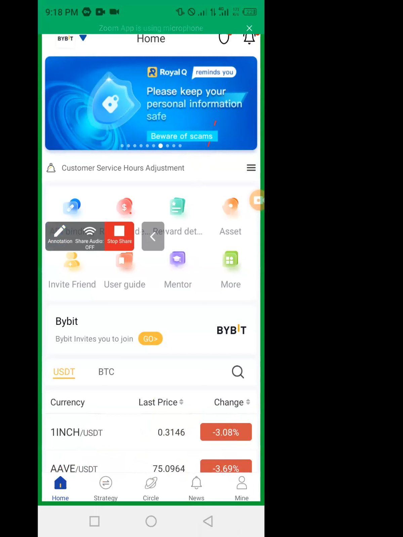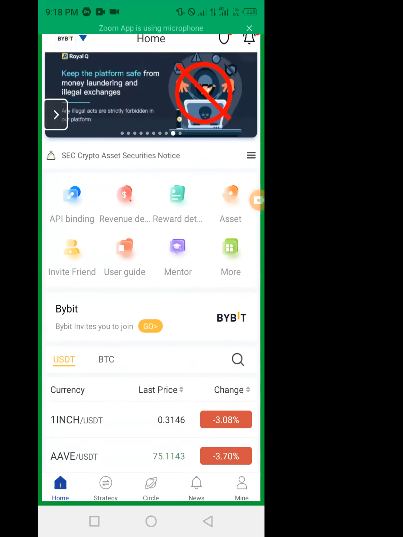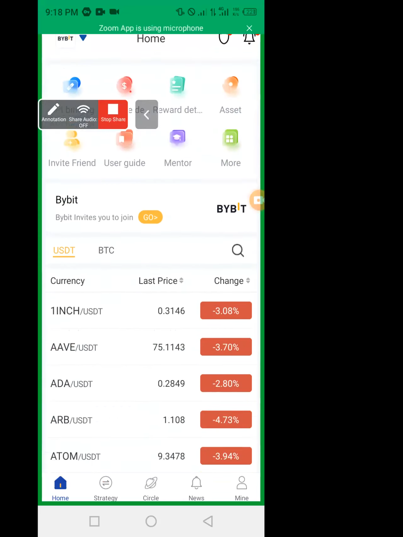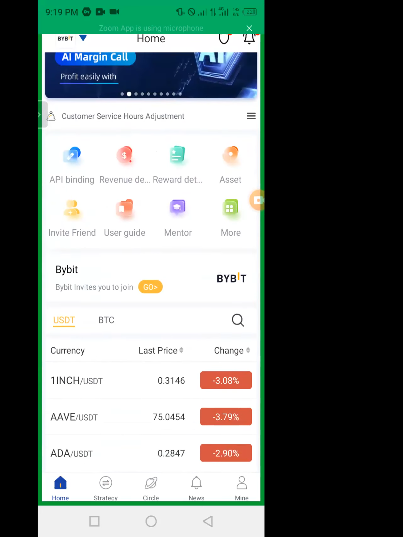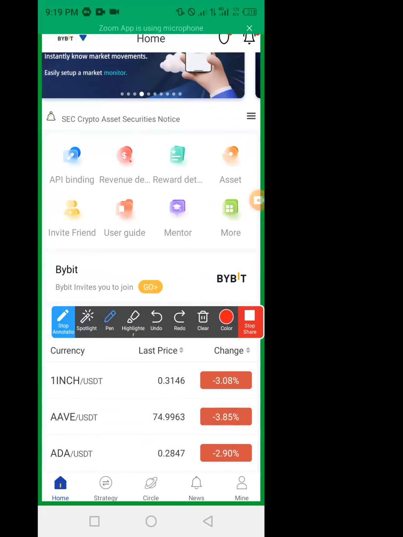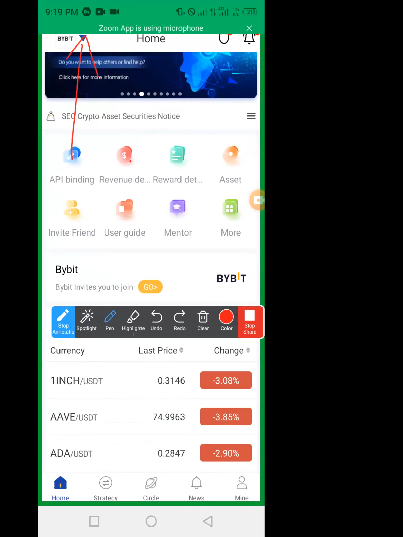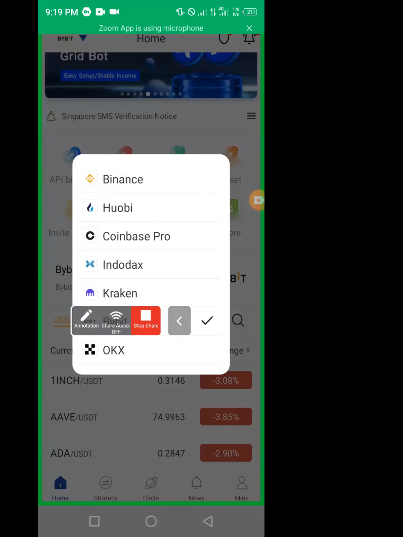When we come to the home page, what are we basically going to see? Apart from seeing these icons up here, we are going to see the market, and all the coins which are in Royal Queue. And always click here to put the exchange that you are using in that account which you are opening. I want to be looking at Binance.